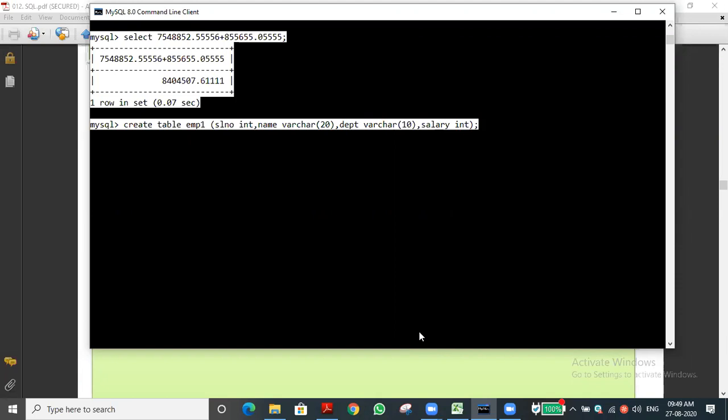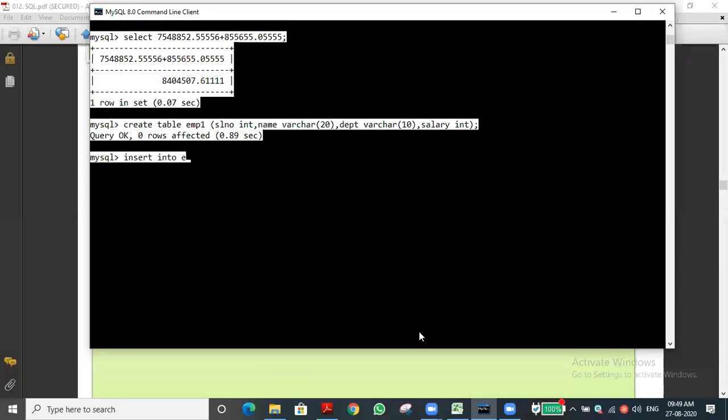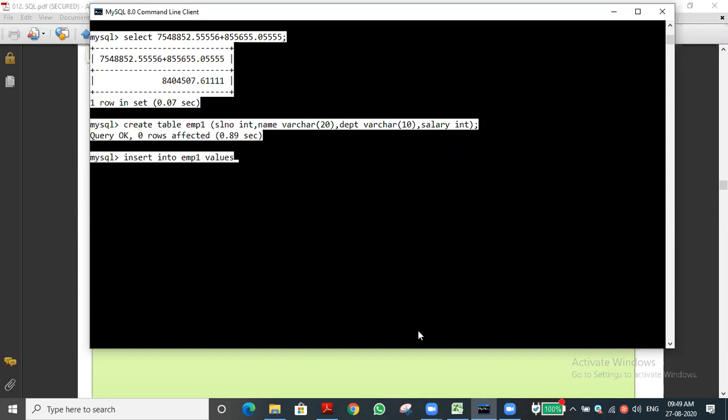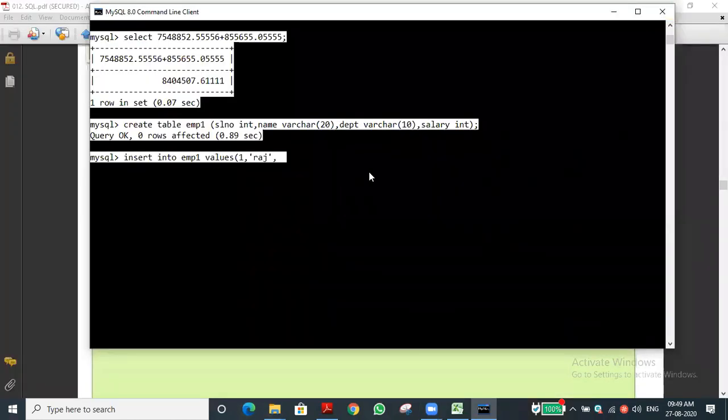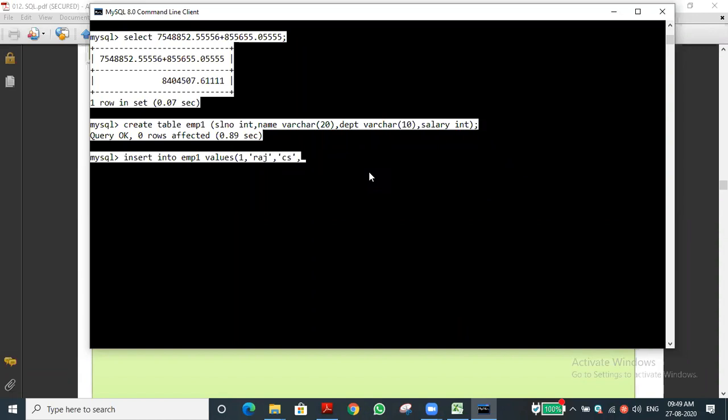So the table has been created. Now we will see how to insert the record. You already know the insert into command. Insert into EMP1, values 1, comma, name, department CS, and salary as an integer, let me give 10,000 for example.